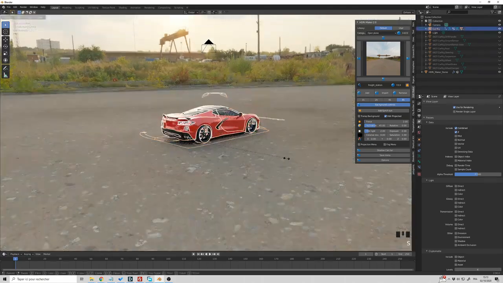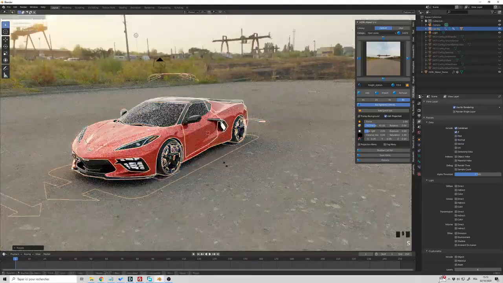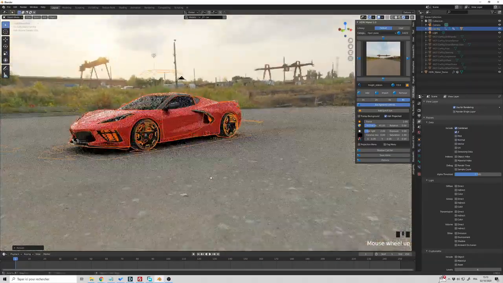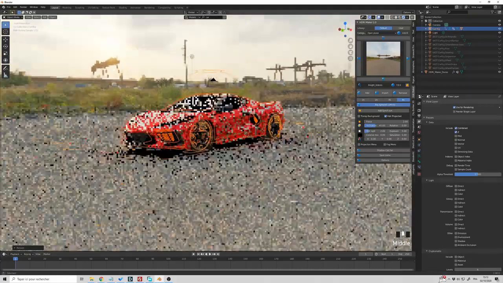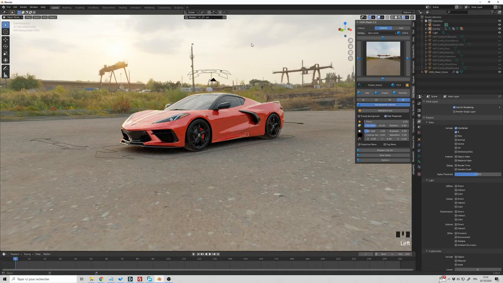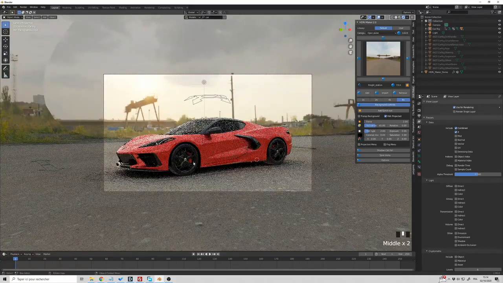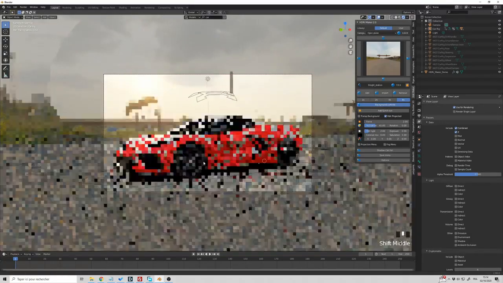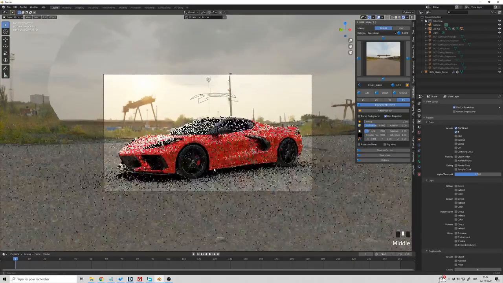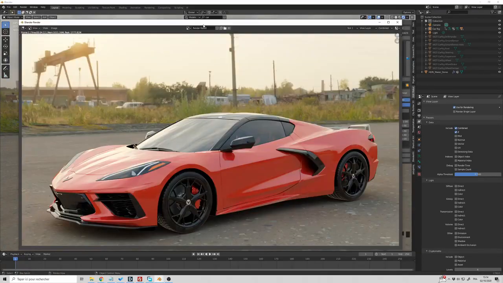Let me scale it up a little bit. And I'm going to rotate it like that. Yes. Maybe scale it a little bit more. Like that. Okay. So now already, just by clicking one button, HDRI projected, I have a pretty cool scene. Let's put the camera on the right place. Like this. Maybe I zoom a little bit. With the sun behind, looks cool. Let me render this. As you can see, with only a few clicks, we already have a pretty decent scene.